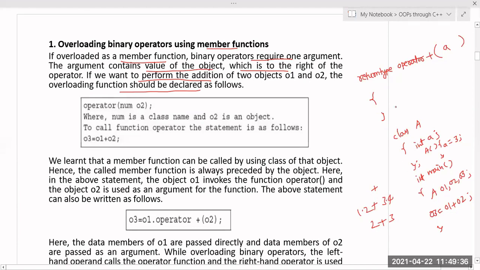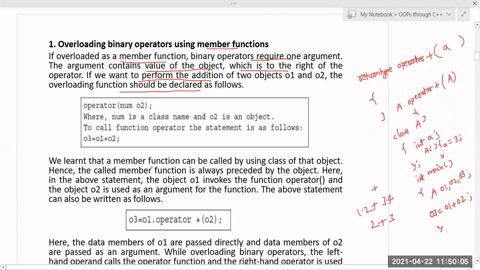So for that, what we do is, inside this one I will create what it will return. It may return A type, okay, because once two objects are added then it will return another object, like that I am thinking. So A it will take, and operator plus of it will take, I won't consider this one, I will directly take only one object. So whichever object I want to add, that only I will consider. So like this I will try to write, okay.